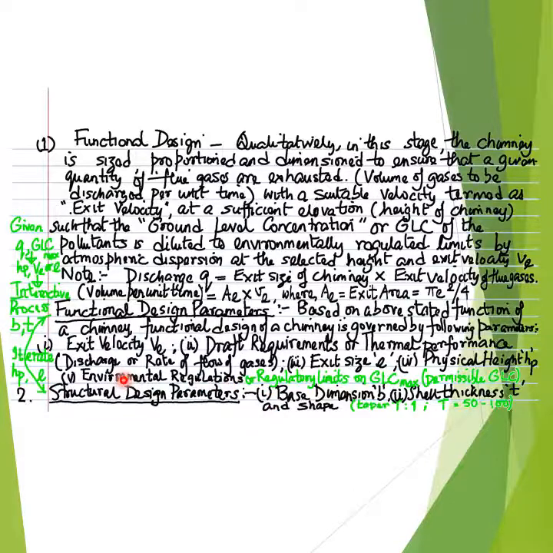While on the other hand, conversely, the structural design parameters, that is the physical height of the chimney denoted as H subscript P, and the exit size of the chimney at the top, will influence or affect the functional design parameters. And hence,